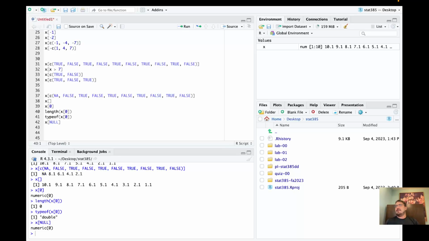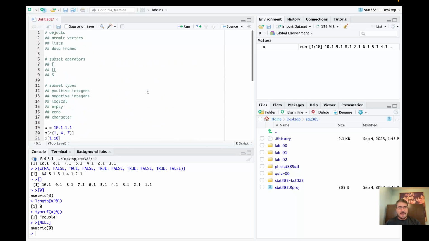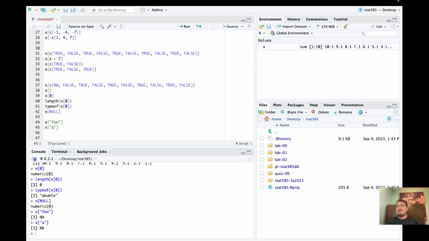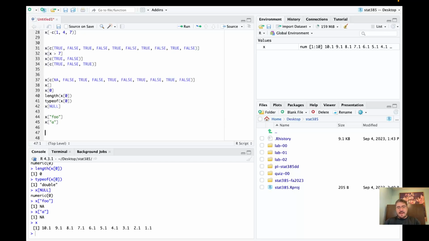Okay, so if I want to use, going back, where am I at? Logical, empty, 0, character. Okay, so here, say I want this or this. Nothing's going to happen because I'm not working with a named vector. Just not an element, doesn't work. So I have my double vector here, no structure, so nothing happens. Now, alternatively, if I were to create an atomic named vector,